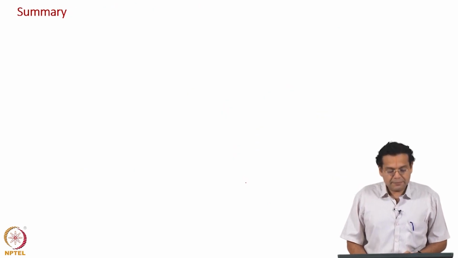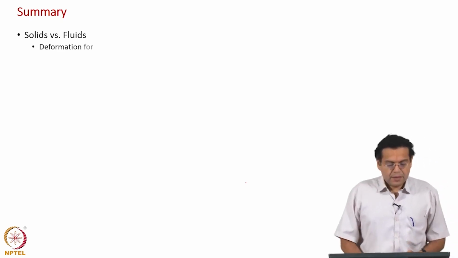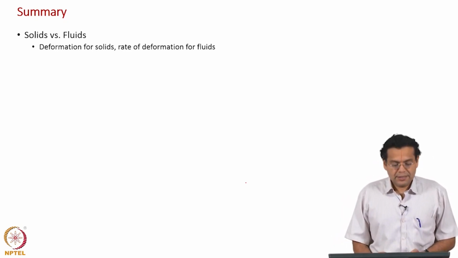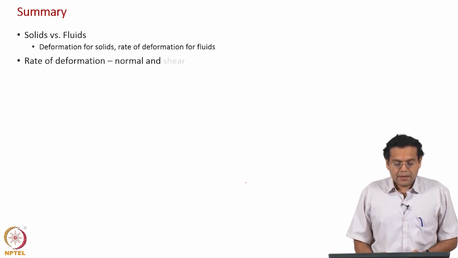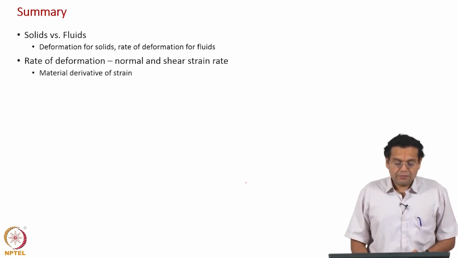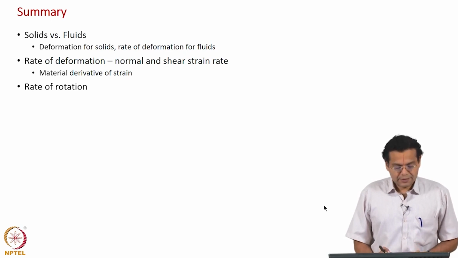Okay. To summarize, we started with a distinction between solids and fluids in terms of response to a tangential force, and we understood it's a deformation for solids, it's rate of deformation for fluids, and rate of deformation could be normal and shear strain rate. One is rate of change of length, the other is rate of change of angle, and we also discussed that they are material derivatives of strain. Okay. We also discussed rate of rotation,